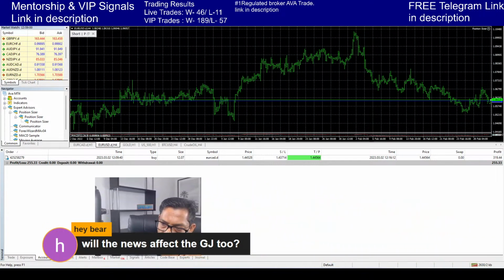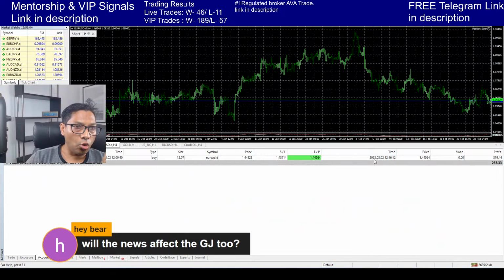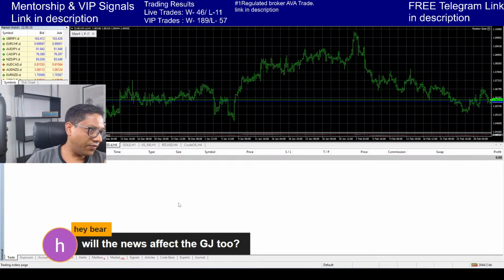grow a smaller account into a bigger account. Okay, so basically guys, when I started this account, I said that this 5,000 I'm going to take to 20,000 and then 40,000, and then I'm going to show you that actually you can grow a smaller account into a bigger account. And this 5,000 is now $7,350, and you can see that it's a live trading account.